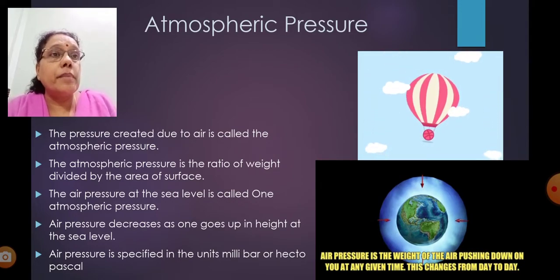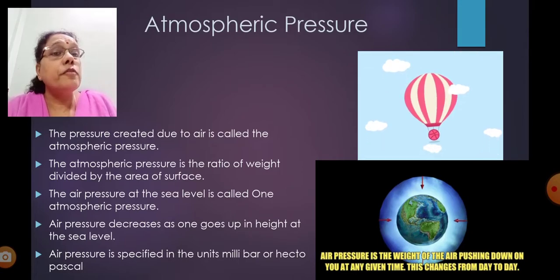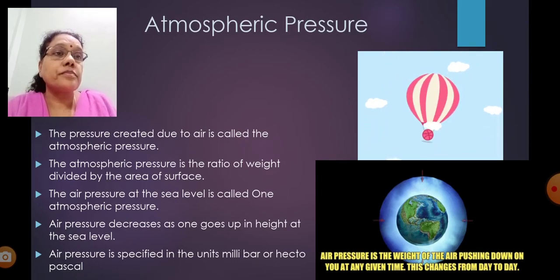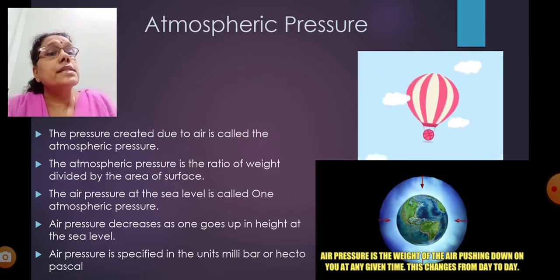During the Republic Day celebration, Navy men show some display with the help of parachutes. You must have seen that. They are balancing because of the difference in pressure. And below, it is another picture.